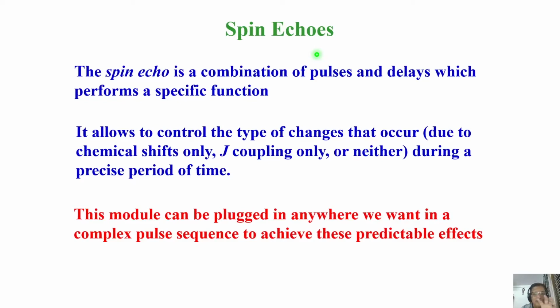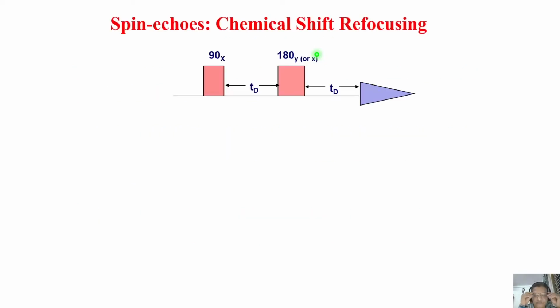For example, I can plug it into one of the pulse sequences, and it does a specific job that I want. It can be predicted, and I know the desired output of the pulse sequence. So these things we can manipulate by using spin dynamics. In many cases, we come across what is called the spin echo sequence. So let us discuss what a spin echo is.